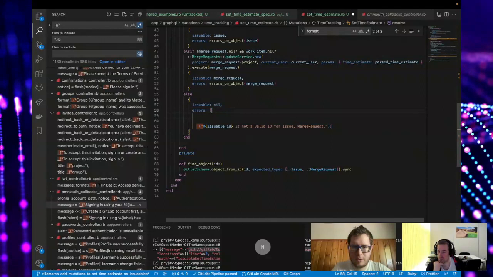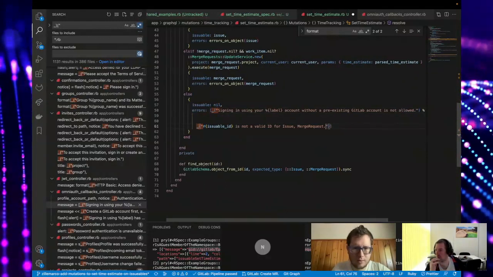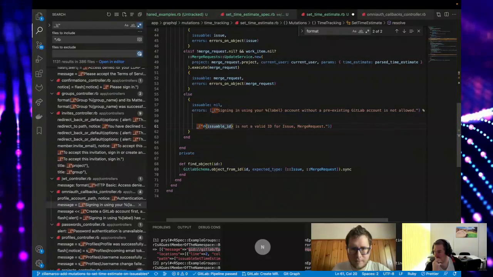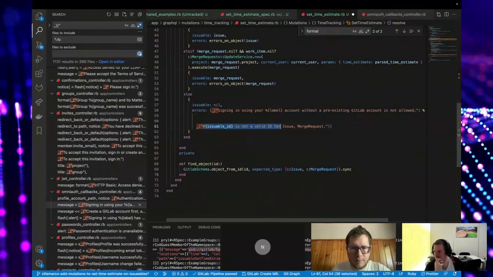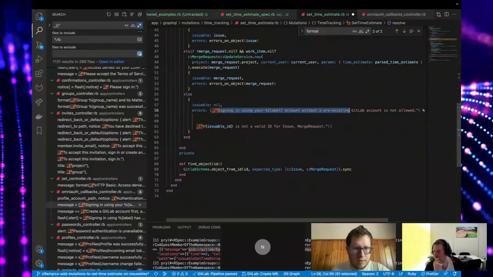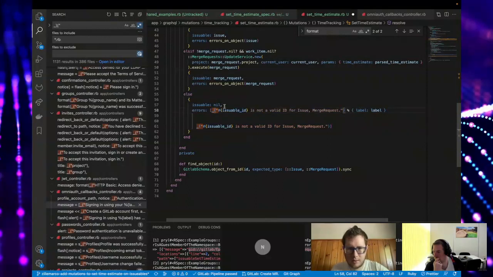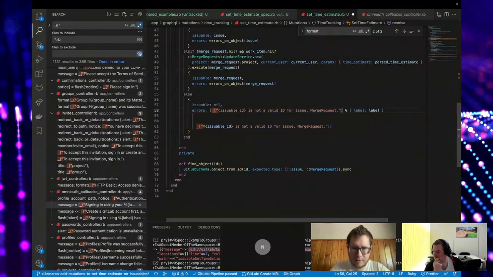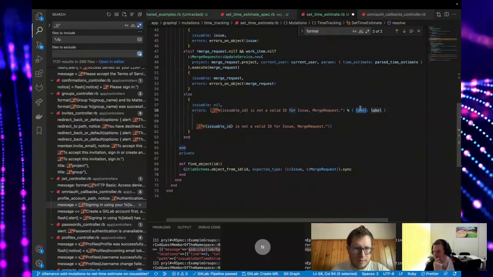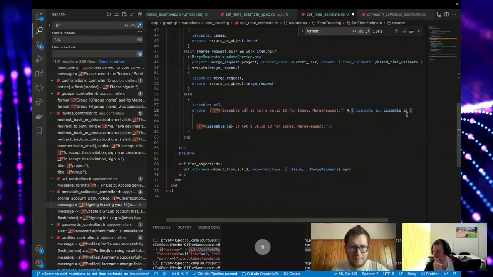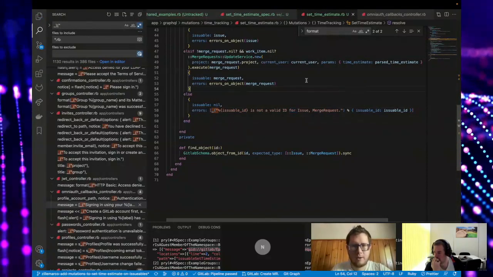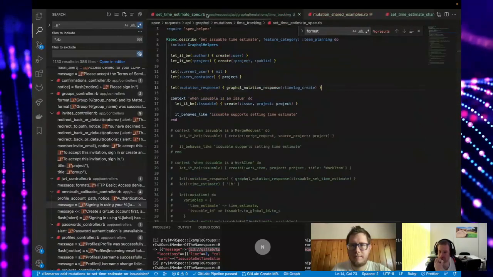So this would be with percent, not the hash. And issue ID. Issue ID. So now, if everything goes smoothly,